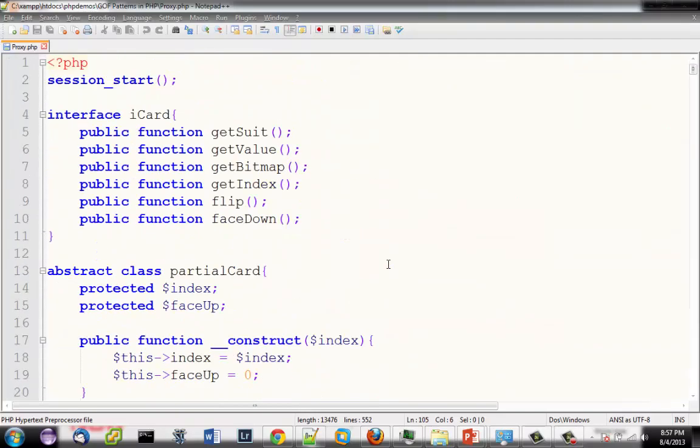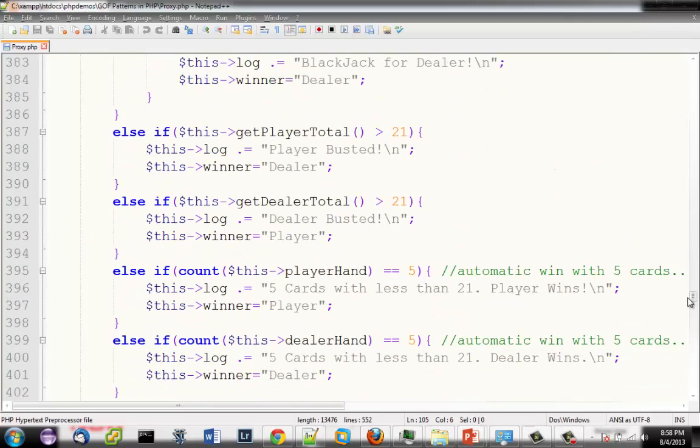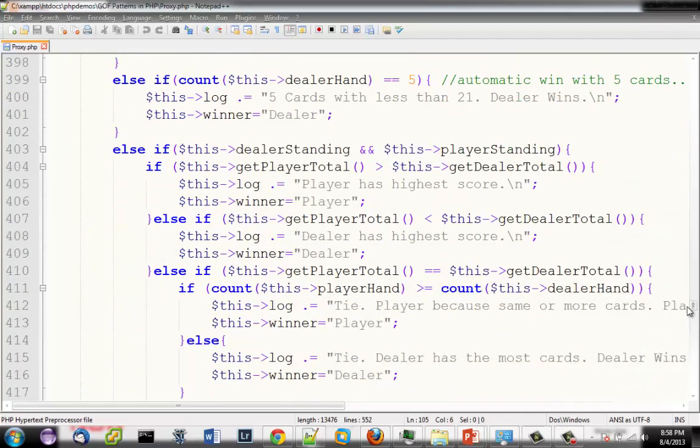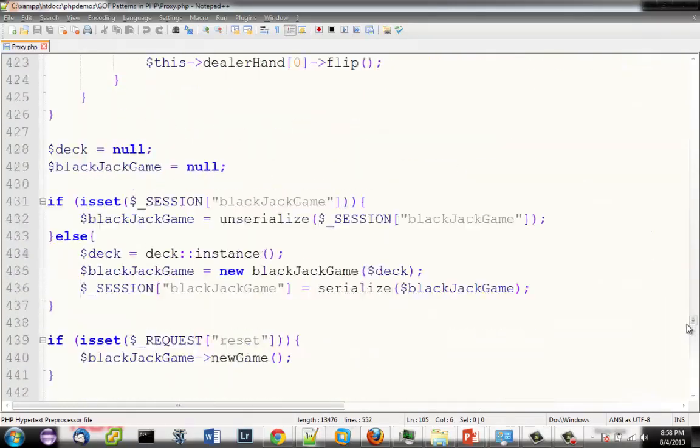You can see I have a partial card, I have a proxy, and then I have a concrete, full-blown implementation of that object, and the card is the proxied object. The code that uses all this is down here. The only part that's really of interest is whenever I go to get the bitmap data.